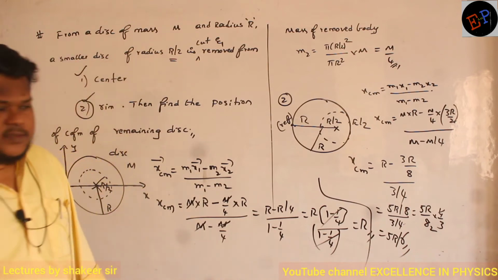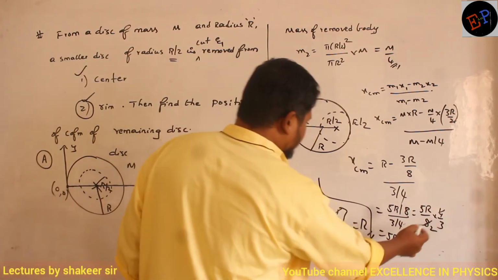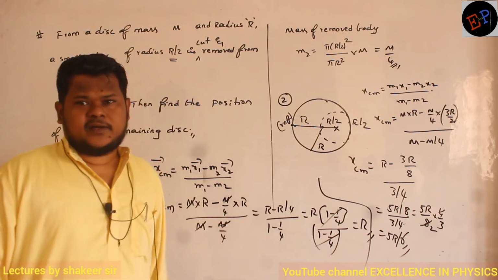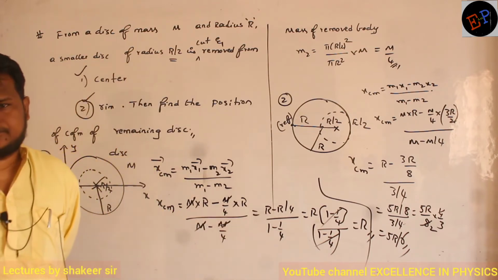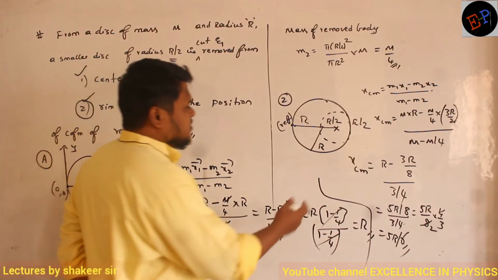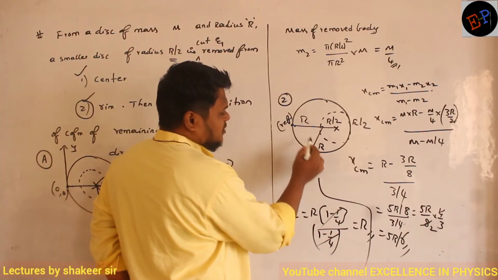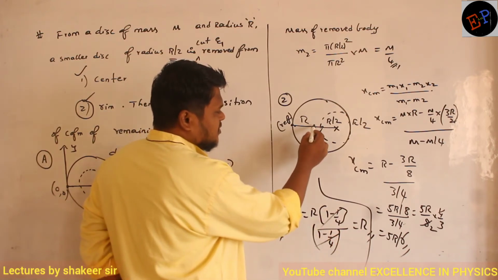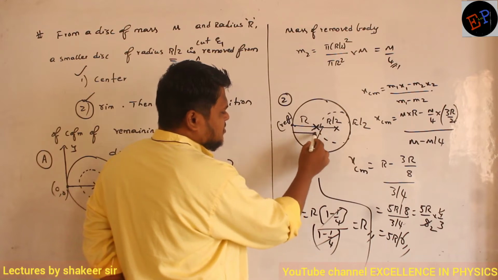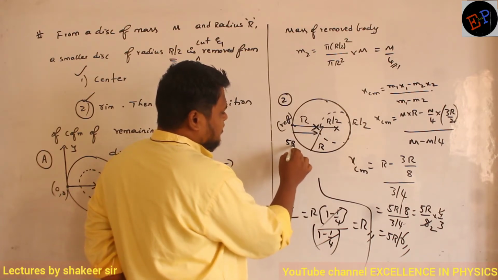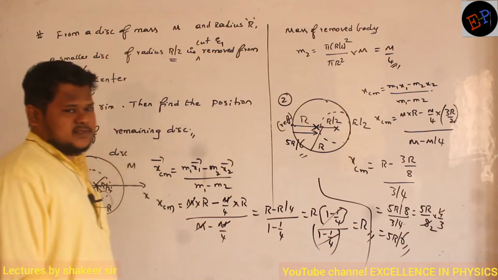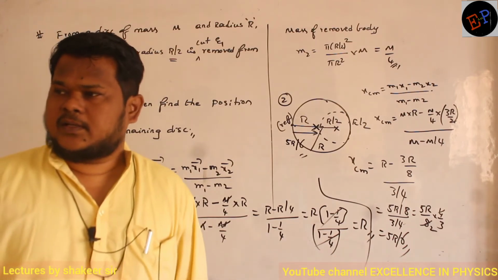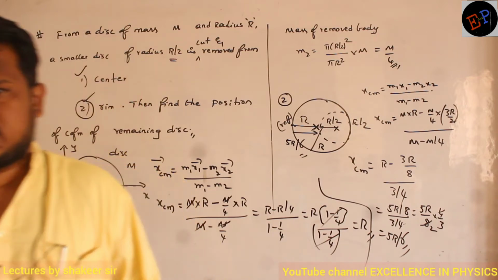Clear? So therefore, from the reference, where will be the position of center of mass? It will be at a distance of 5r divided by 6. Okay. So 5r by 6 means where total is r, no? 5r by 6 means slightly less than r, by 1 by 6th. It means center of mass will be somewhere here. So this distance will be how much? It will be 5r divided by 6. That is my answer. Understood? Are you able to understand? That's it. Very simple. Clear?